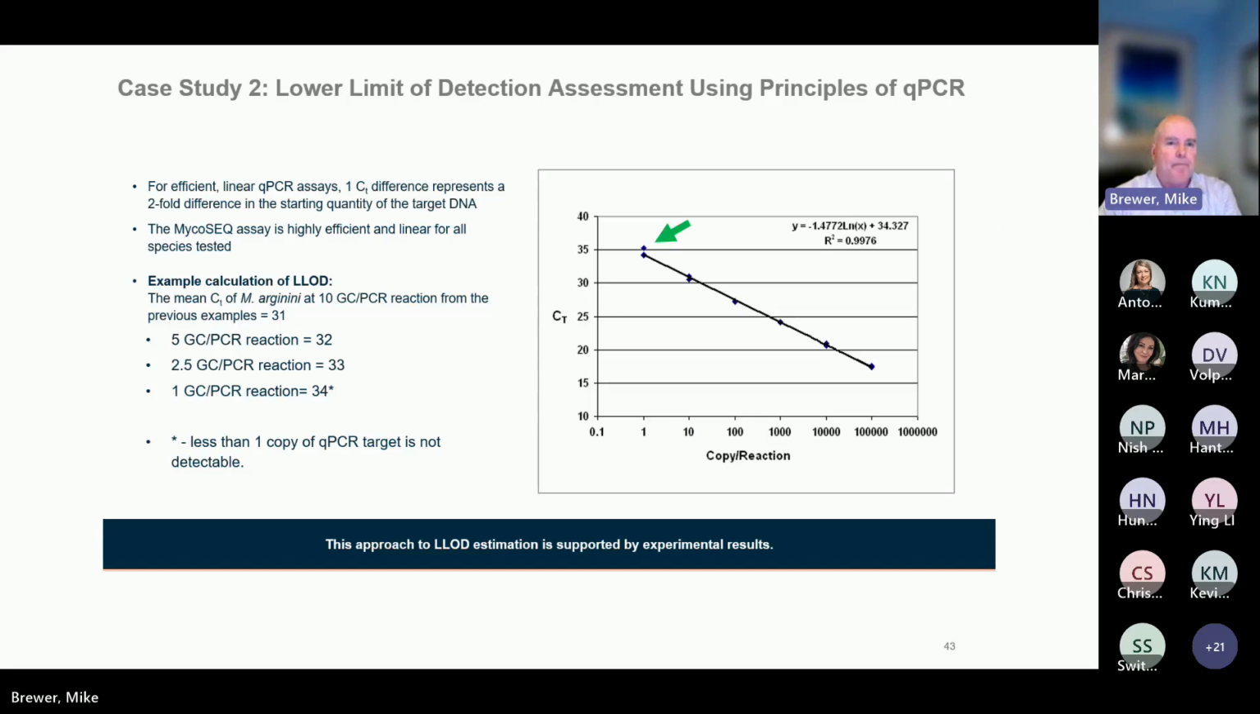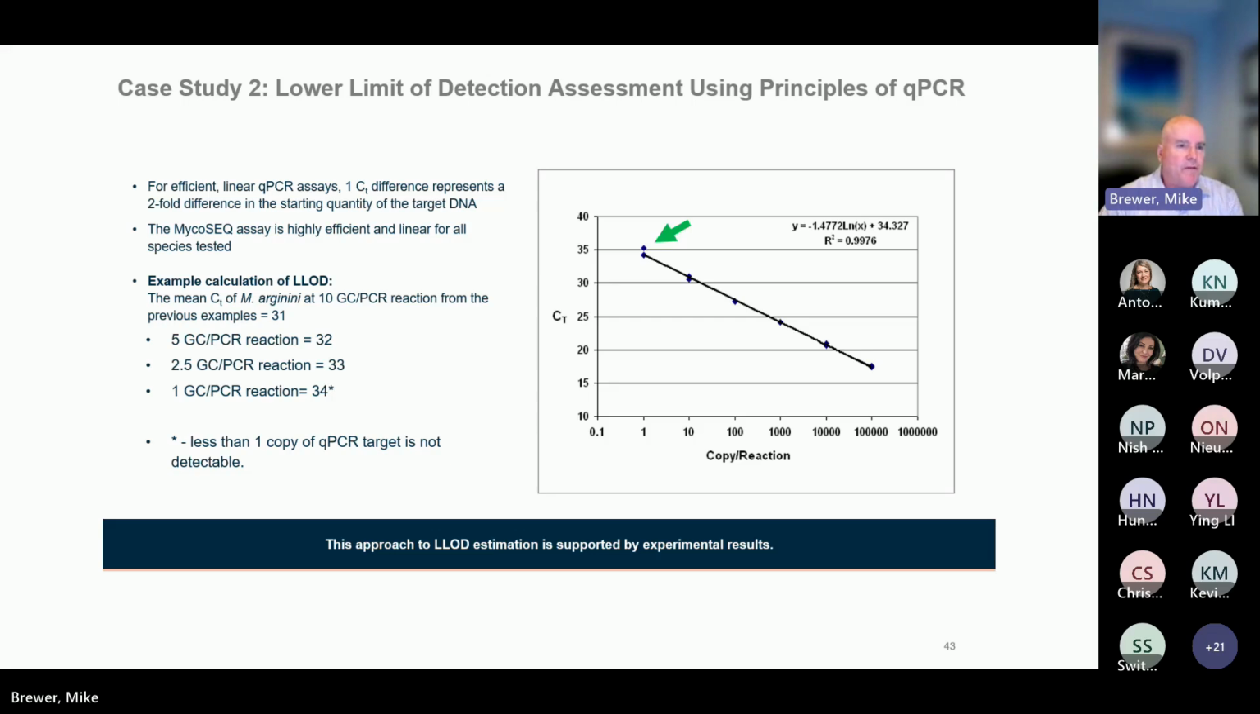And finally, early on, and some regulators still continue to ask, okay, we understand you validated at 10 genome copies or CFU per mL. What's the lower limit of detection for the species that you evaluated? And with qPCR, you can actually do this, because for efficient linear qPCR assays, a 1 CT difference represents a twofold difference in the starting quantity of the target DNA. So as an example here, using that Mycoplasma arginini results from those two validation studies,